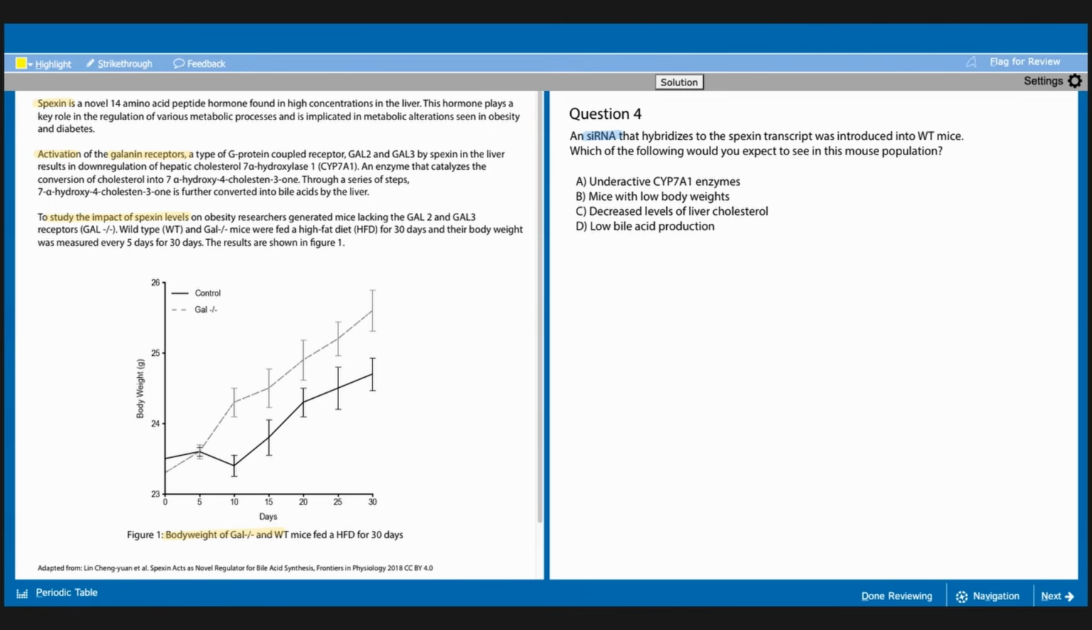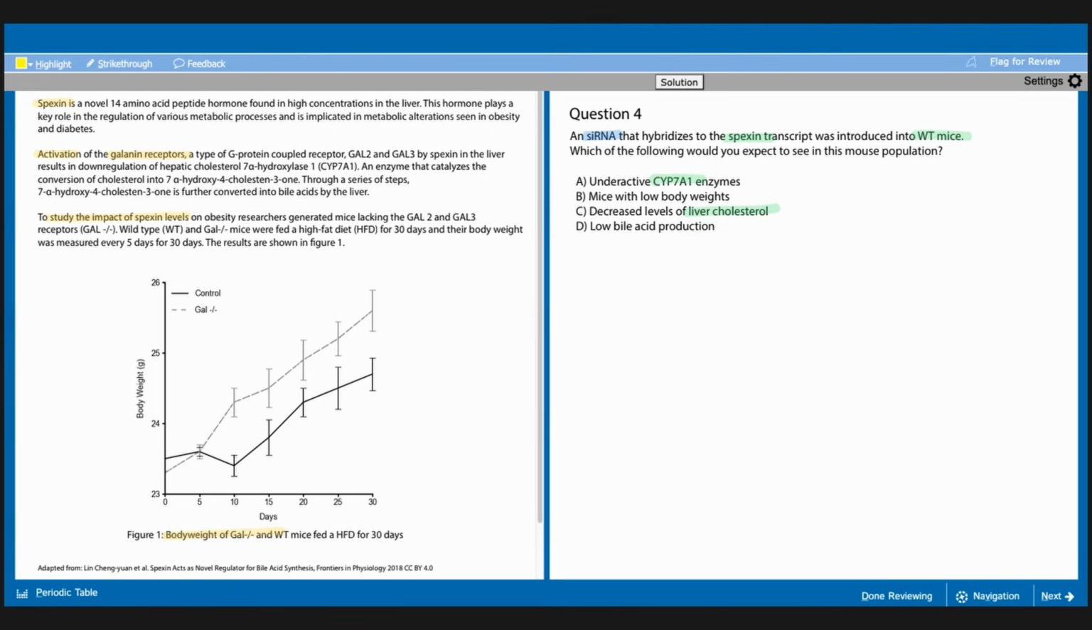Again, we'll start the same way we've started all of the rest of our questions, which is by looking for content information. As I scan through here, there are a lot of keywords, but the only thing that sticks out to me as being particularly content forward would be siRNA. From there, I'll go ahead and pick out my keywords. Remember, these things are going to be passage specific. For me, that would be spexin,